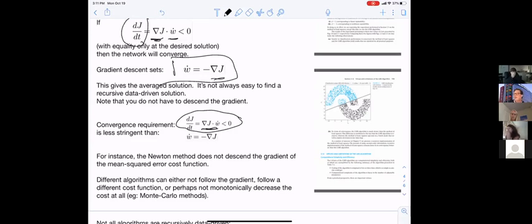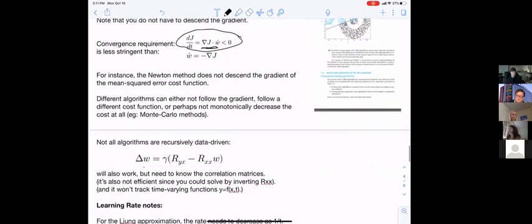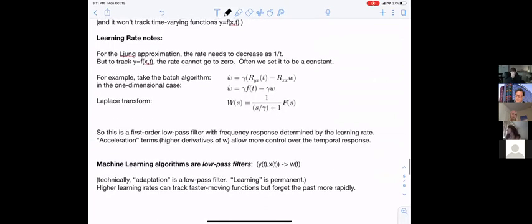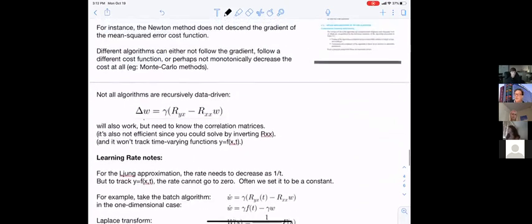The Newton method and Gauss-Newton are different ways of pointing down the hill. They're still going down the hill. So this is only one way to make sure you're going down a hill. There's lots of ways to do that. There's lots of ways not to do it. So you've got to be sure that you get the right one. What you want to think about is that